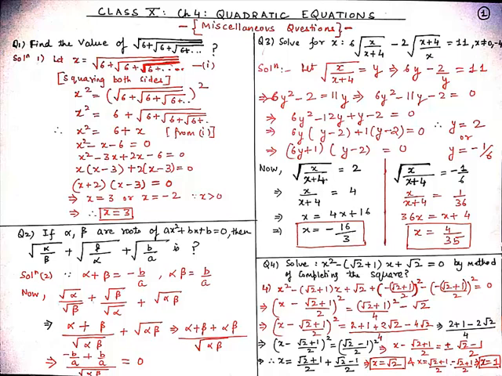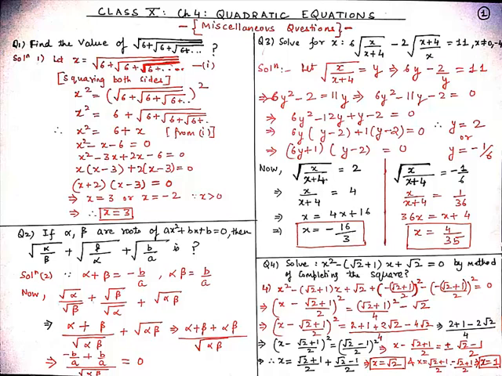Now squaring both sides, such that one square root will get cancelled out, and we get x square equal to 6 plus square root of 6 plus square root of 6 plus square root of 6 and so on. Since we know that x equals square root of 6 plus square root of 6 plus square root of 6 and so on, I can write it as x square equal to 6 plus x. Now from here we get x square minus x minus 6 equal to 0.